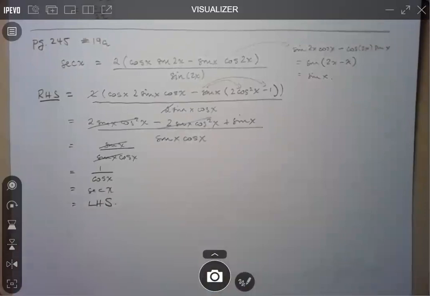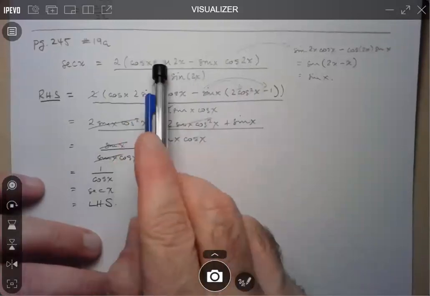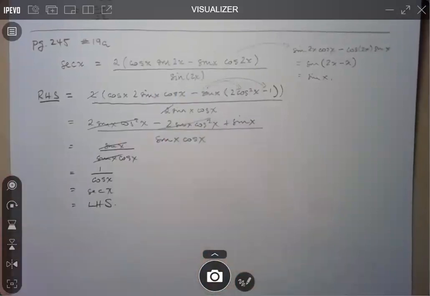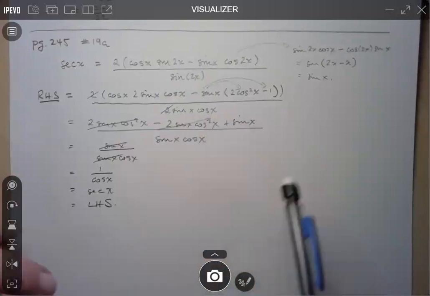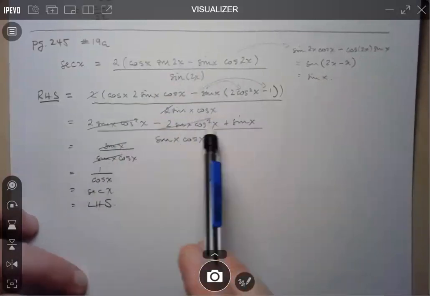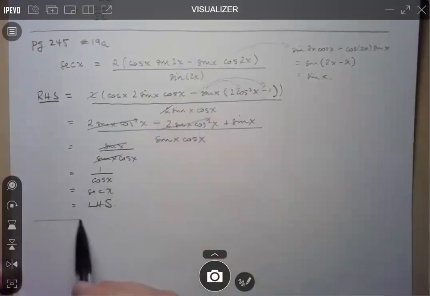So you're seeing here different ways to look at these problems. And here, what I didn't do is look for that pattern right off the bat, that this looks a lot like one of our compound angle formulas. Any questions on this here? So here you've got a very elegant answer, because obviously that's just going to cancel out with the signs, and a slightly less elegant answer, but it worked nonetheless. Okay, so if there's no questions, let's move on to the